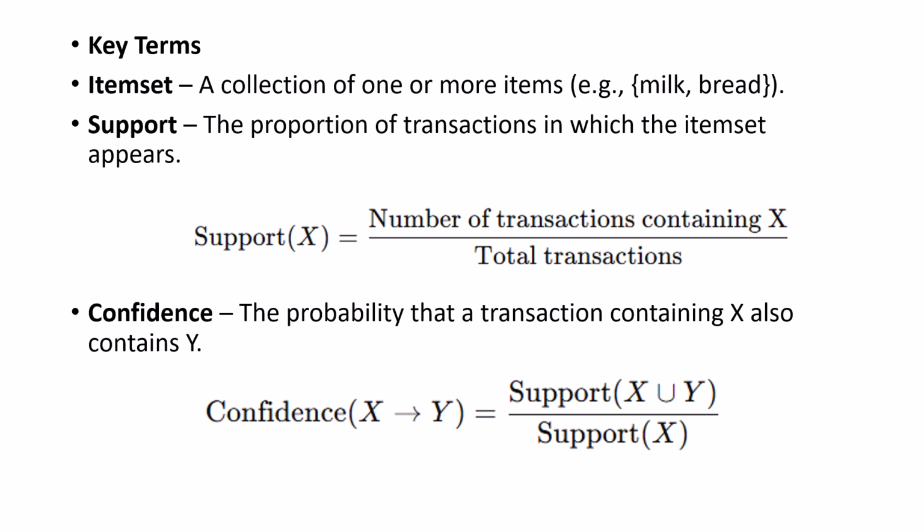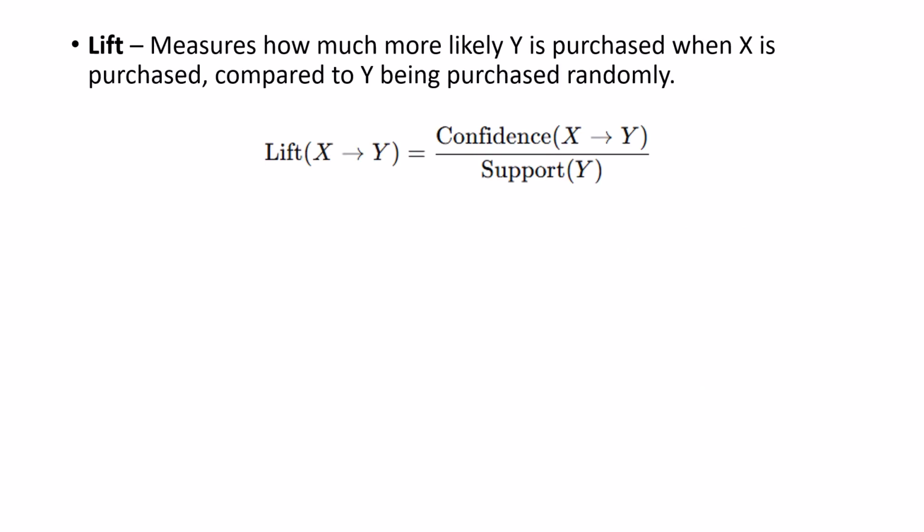And next is confidence, which tells you the probability that a transaction containing X also contains Y. So that is support of X union Y divided by support of X. And the next term is lift, which measures how much more likely Y is purchased when X is purchased, compared to Y